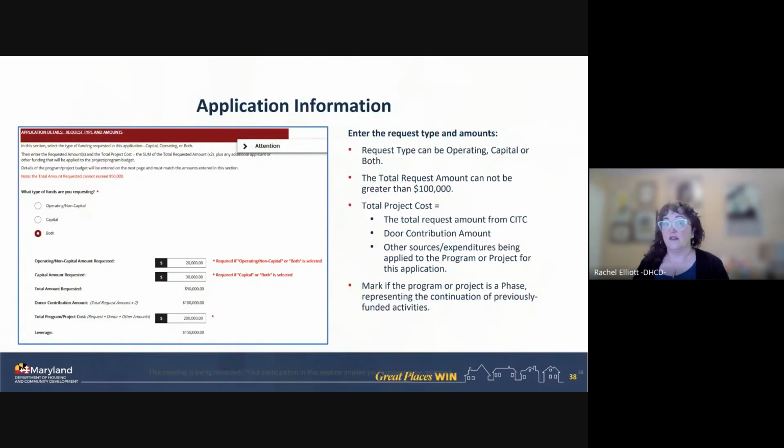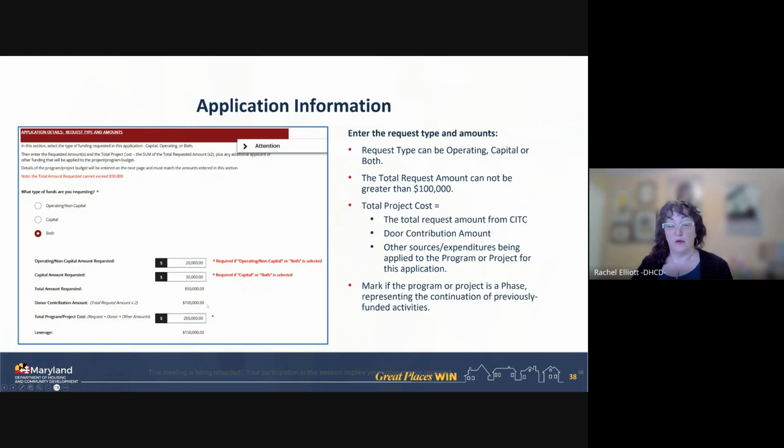Now we're going to get to one of the more confusing parts about the actual application process. Because this application is requiring credits, you have to raise double the amount of those credits. So the way it works is you're allowed to apply for capital, operating, or both capital and operating support. On this page, you enter the amount you're applying for each of them, and it gives you the total amount requested.